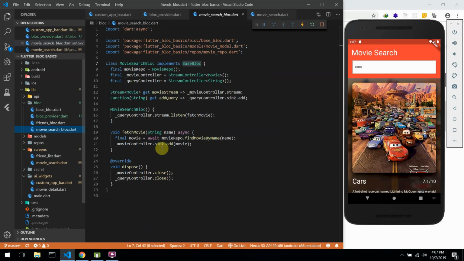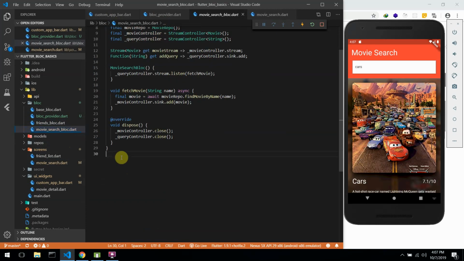You could create something called a singleton, which simply means a single instance. So you could create something like this, movie search block, and call it search block equals to movie search block, and what this simply means is that just one instance of this movie search block will be available